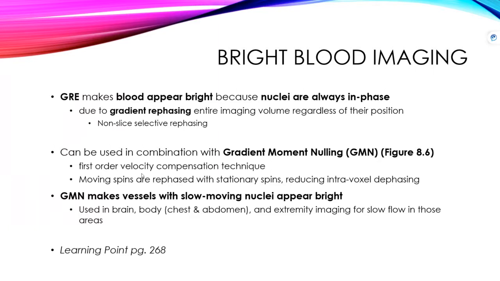because you can't make up for all of the little issues that might come up with our spins. But what we're doing is we're going to rephase our moving spins with our stationary spins, and that's going to reduce intravoxel dephasing. So gradient moment nulling is really good for getting rid of that intravoxel dephasing that we might